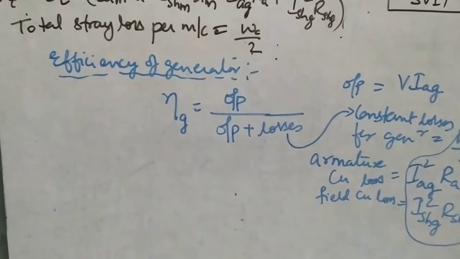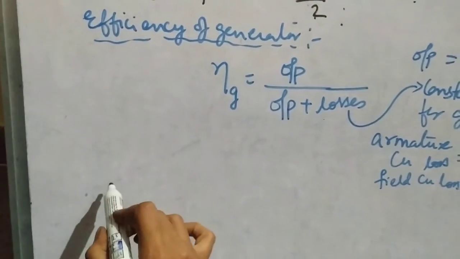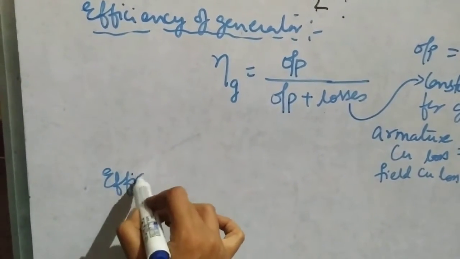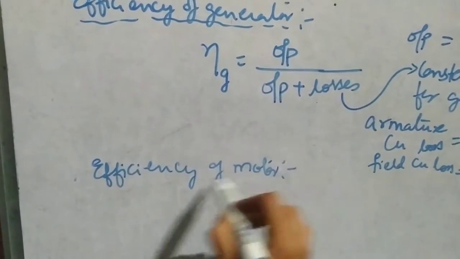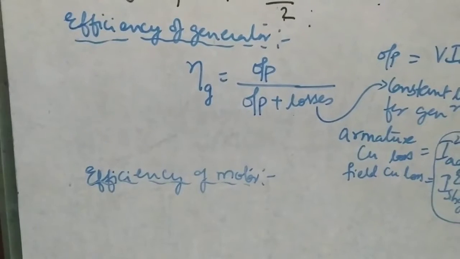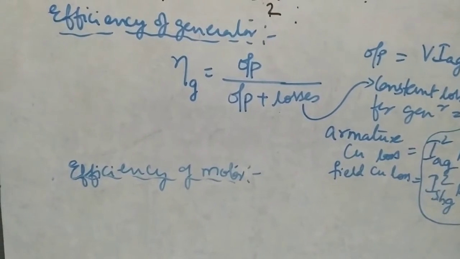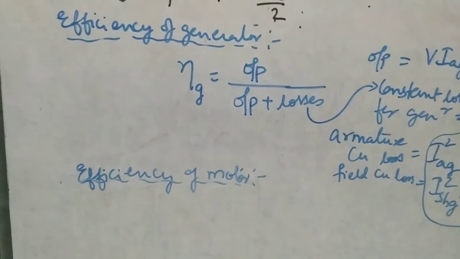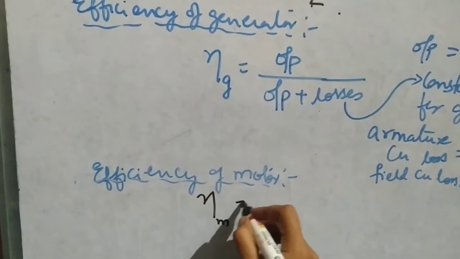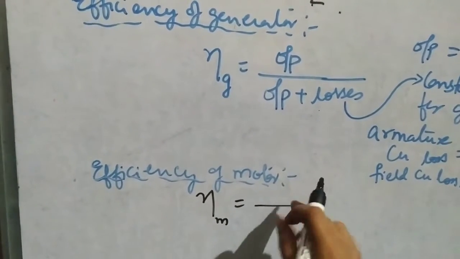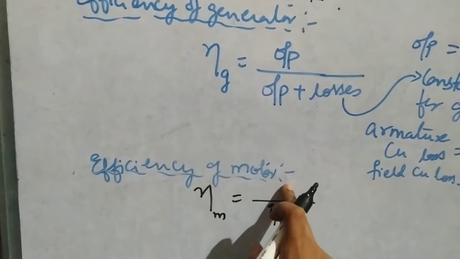Similarly, for the efficiency of the motor also you can do the calculation with the same steps. Efficiency of motor is also very simple. Again, as I told you, what is efficiency? Output by input, right? And which term are you going to manipulate when defining efficiency for a motor? We have to manipulate the numerator term. What I told you, output by input. So this I will write like that only. Only here you have to change.